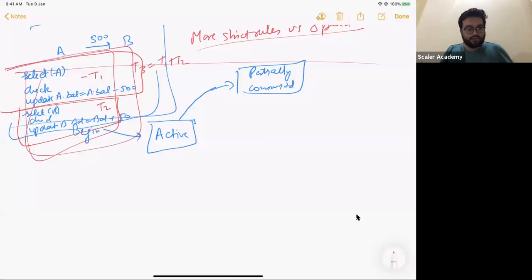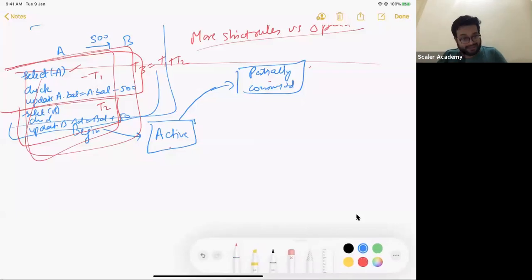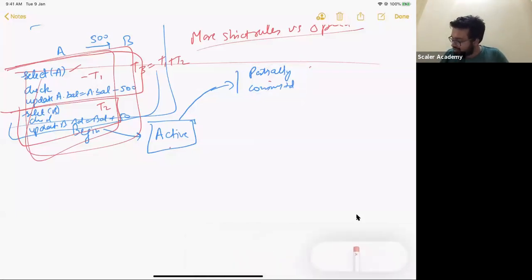I come to it because from active, the moment, let's say, this first statement is computed, you will actually go to the partially committed state. Does that make sense? And now you will keep on in this partially committed state unless and until all the transactions are completed. There are two options here, folks. One option is that all the transactions will get completed completely, and now from partially committed, your state can actually move to committed.